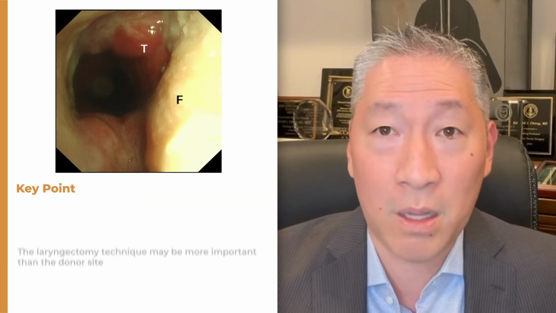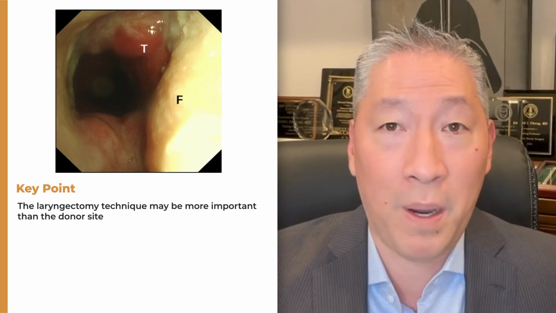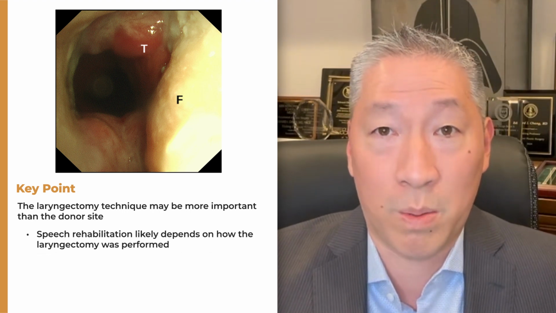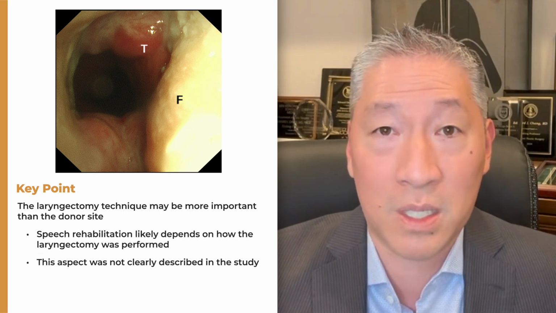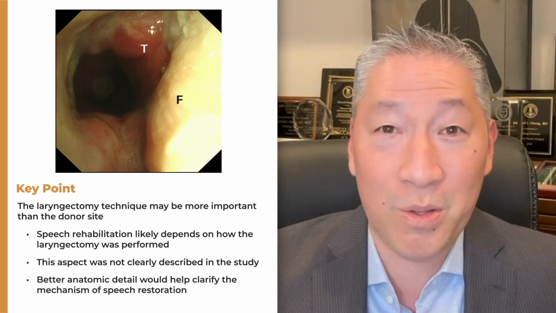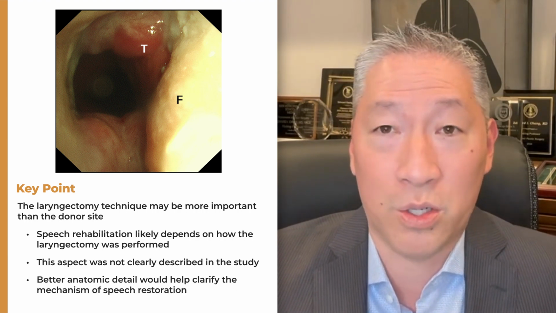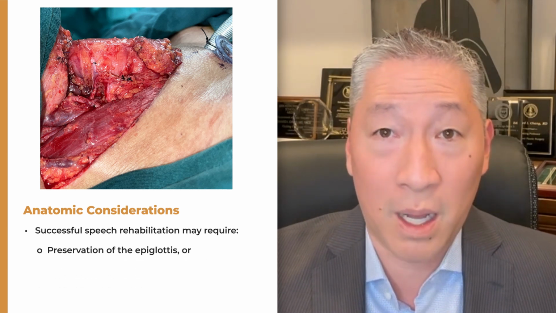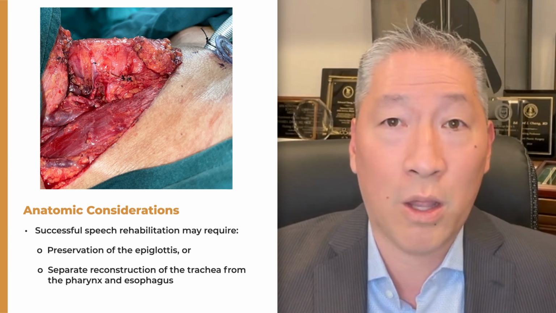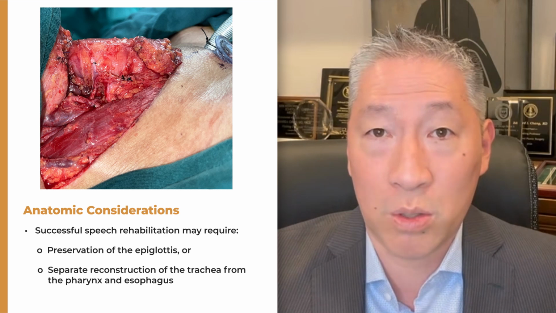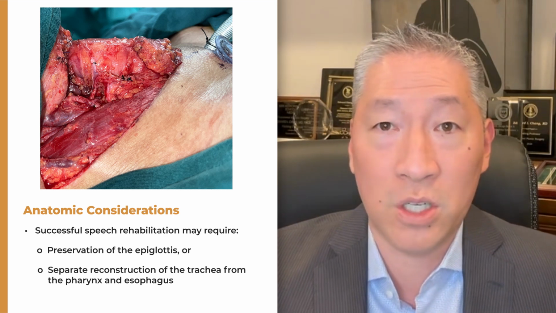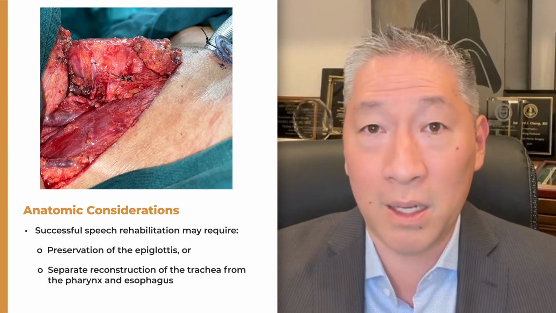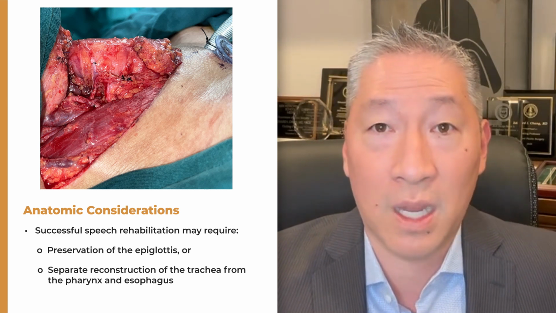In my opinion, the most important factor for how patients are able to achieve speech rehabilitation in this study is how the laryngectomy was performed, which is not well described in the study. I had to actually review the anatomy in order to understand what the authors are trying to do. The laryngectomy either has to preserve the epiglottis or it has to allow the patients to be able to reconstruct the trachea more than the pharyngeal defect. They have to be able to reconstruct their trachea independently from the pharynx and the esophagus,